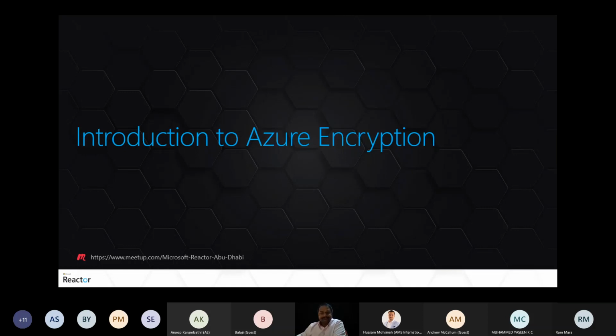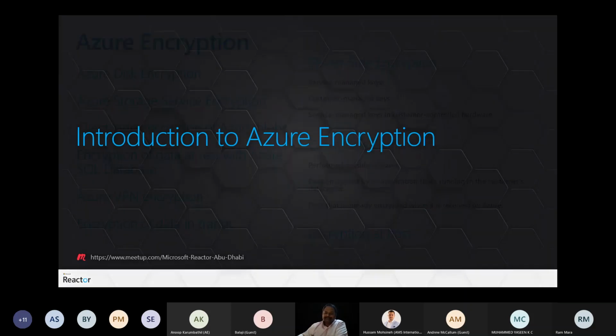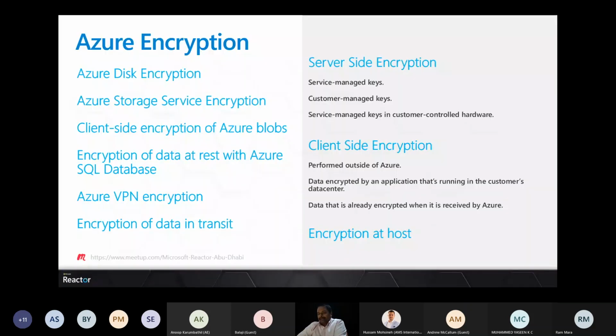Yeah, let's move on. So, introduction to Azure encryption. Azure provides various options to secure and protect data, whether the data is at rest or in transit. If you see the Azure services, I mentioned only a few here, like Azure Storage or Azure Blobs, where you're doing client-side encryption.